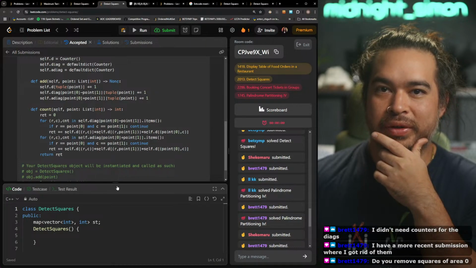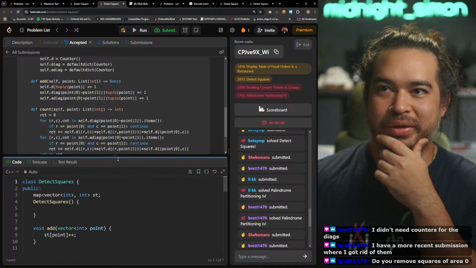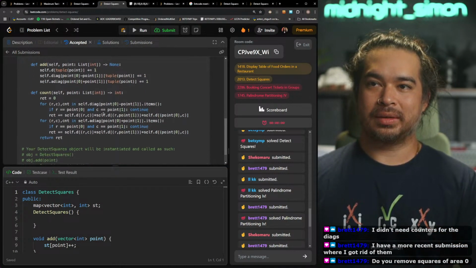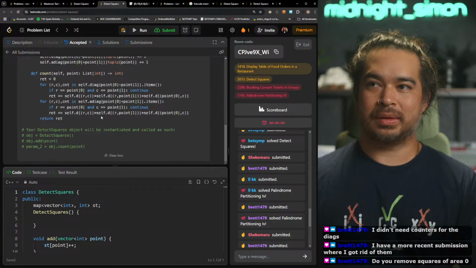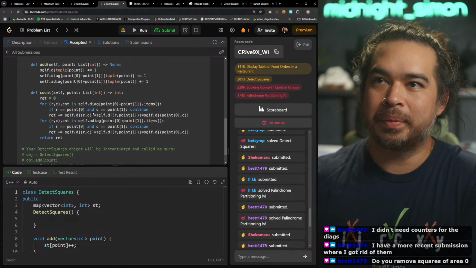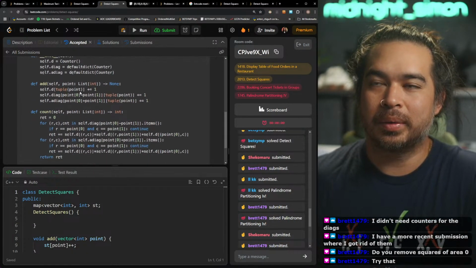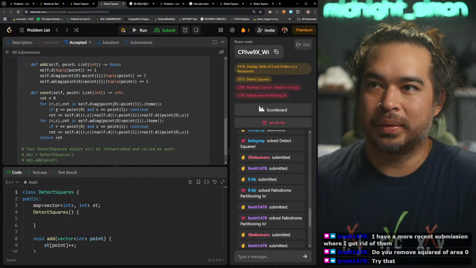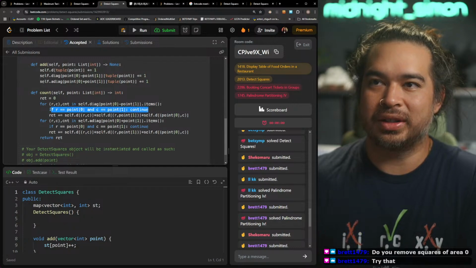Do you remove squares of area 0? No, I do not. Did you remove them here? Wait, how do you... Oh, this is where you do it. I see. I see now.